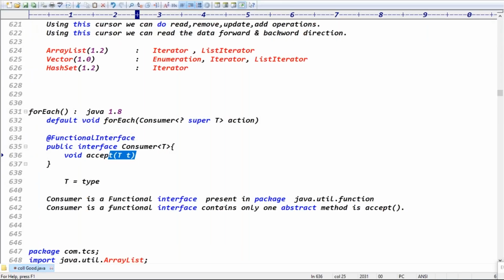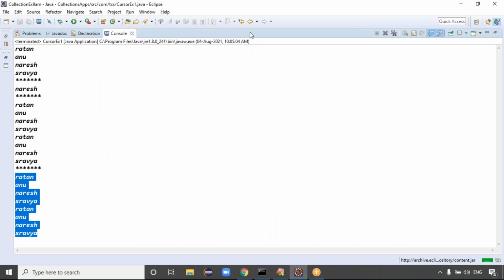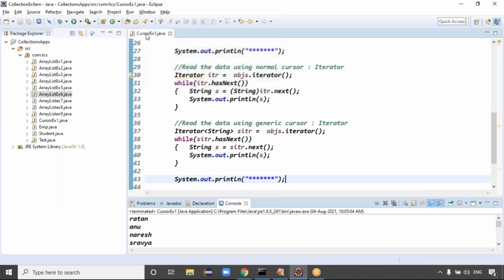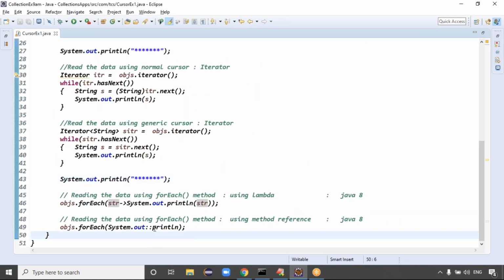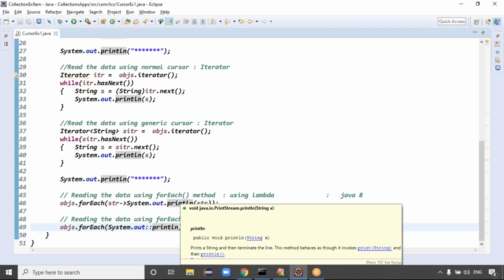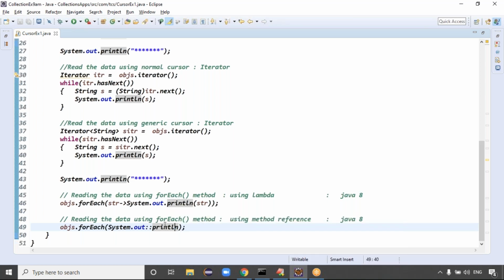How will it understand? One is like lambda expression, one is method reference. They will understand, that's why they are automated, right? They'll decide the variable. See, when this line occurs, they decide internally that we have to take the variable. They will read this line and create it, specifically with those colons. The syntax will help.